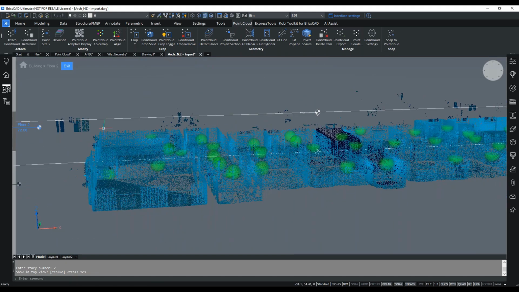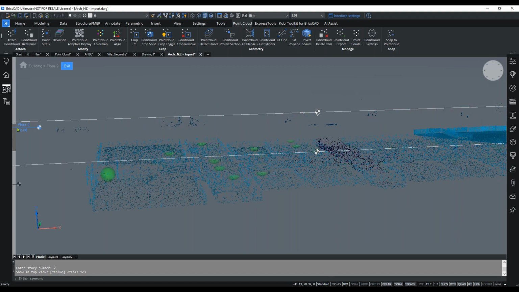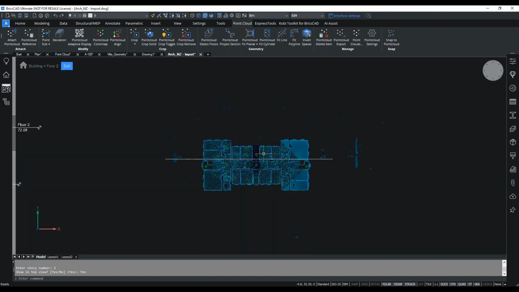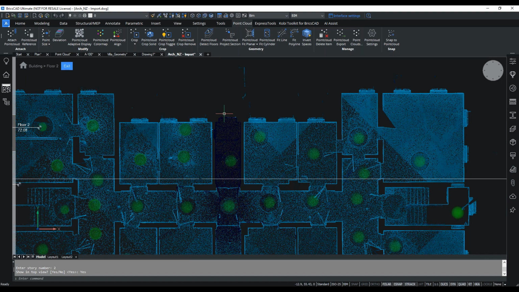So what it's doing is taking a thin slice of a point cloud, which I can control here. So on the left-hand side, as I drag up and down on my story bar, I'm controlling how much of the point cloud is being cropped, which is very useful for having the correct elevation for things like windows, etc. And then it means that on plan view, you can go and work through the process. Now, very quickly, if I was to exit this view,